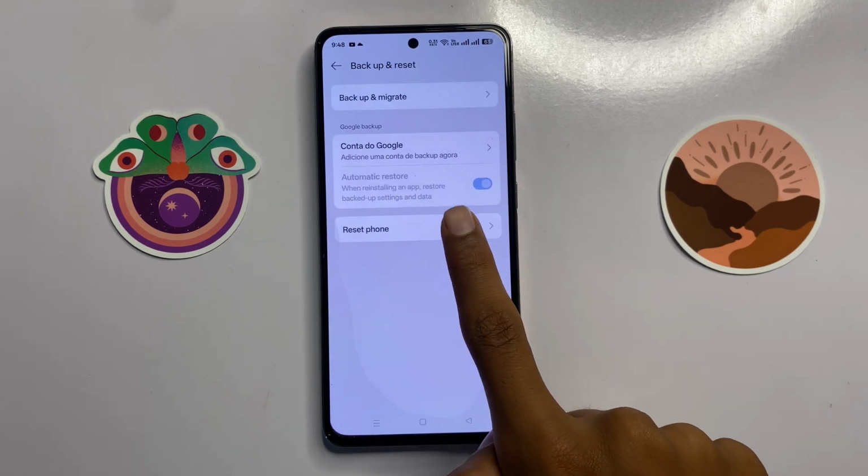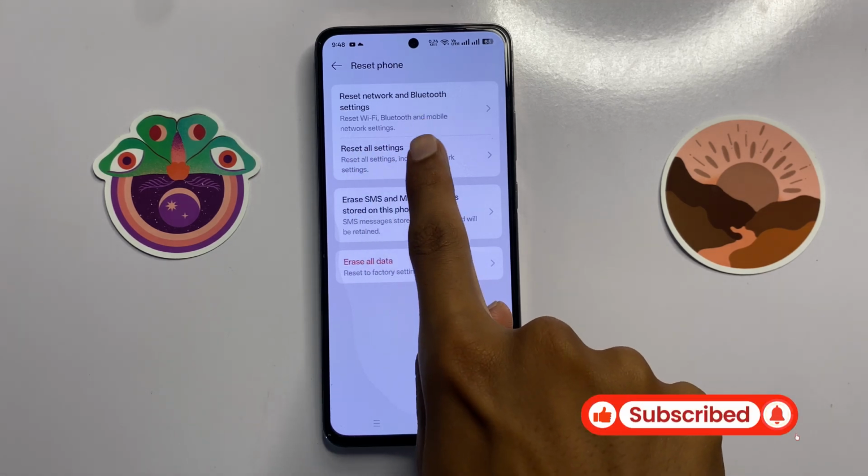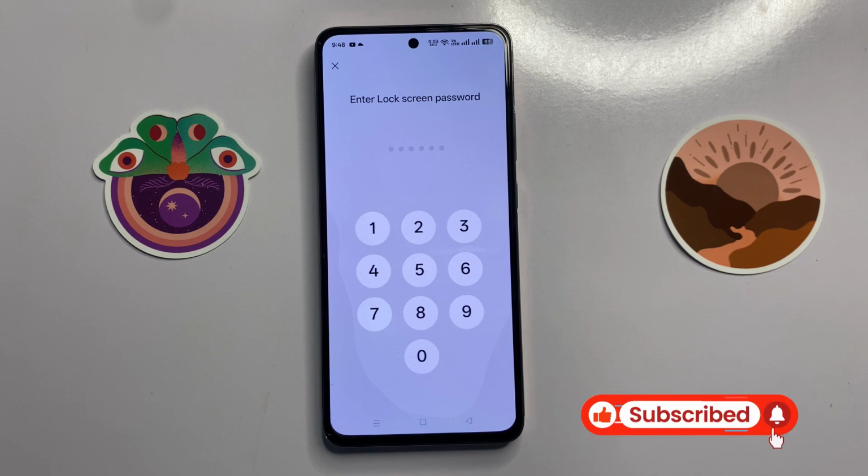Now click on reset phone, and then click on reset all settings. Now here enter your password to reset all your settings. After resetting all the settings, your problem will be